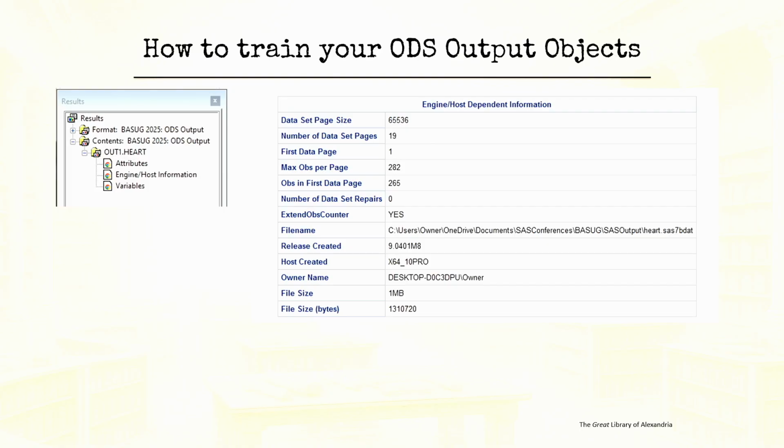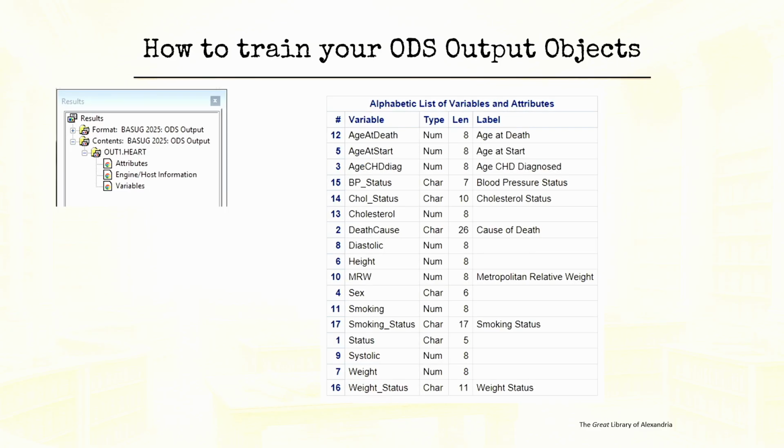And then next up is going to be the engine host information. And then the next one is the variables.